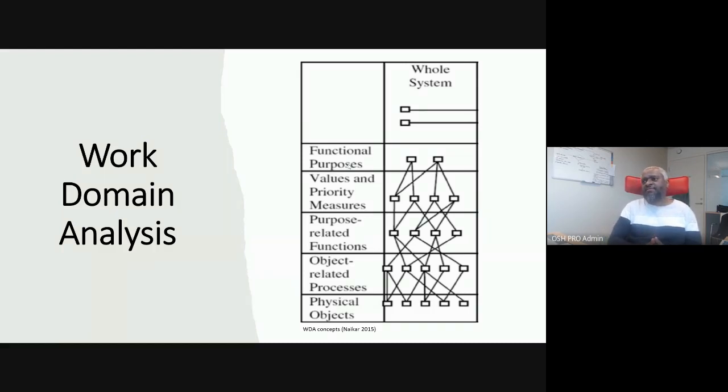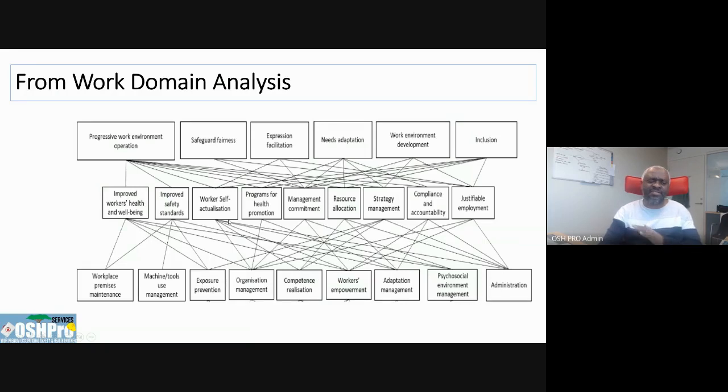So these are 5 levels. We will only look at the first 3 because the first 3 are related to humans, and the last two are related to the resources and the physical resources. So we'll not look at those, but we'll look at the first 3. I hope the work domain analysis is clear, but if it's not, it doesn't matter. You'll still understand when we come to